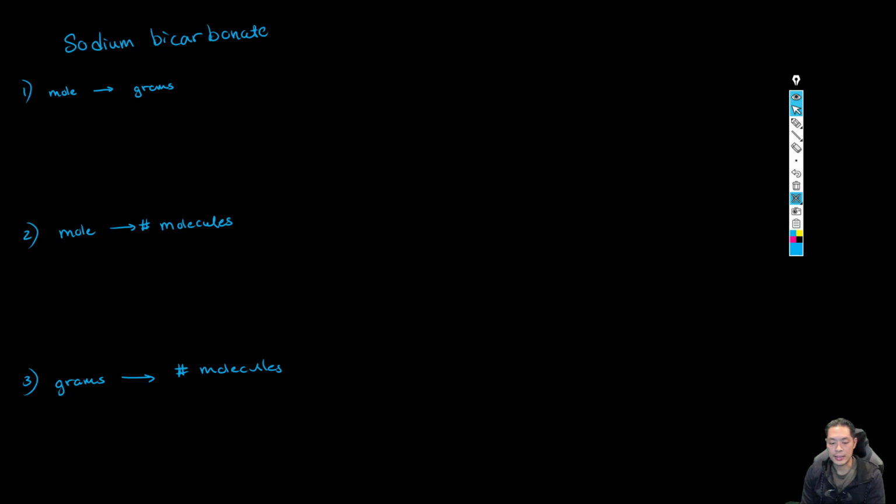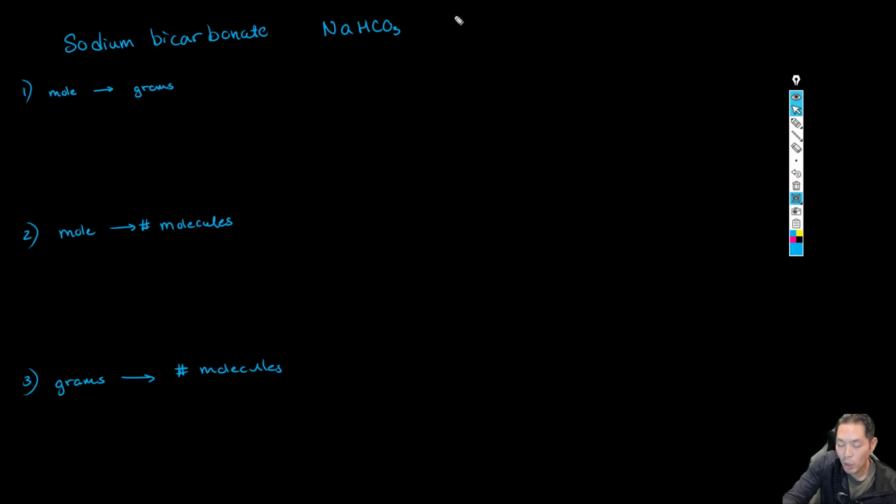So one of the hardest things in chemistry that a lot of people do struggle with is being able to convert moles to grams, grams to moles, or either of those to molecules. And initially it is hard, but when you think of it as a unit conversion, it makes life much, much easier. So right here I have sodium bicarbonate, which is just baking soda, and which is